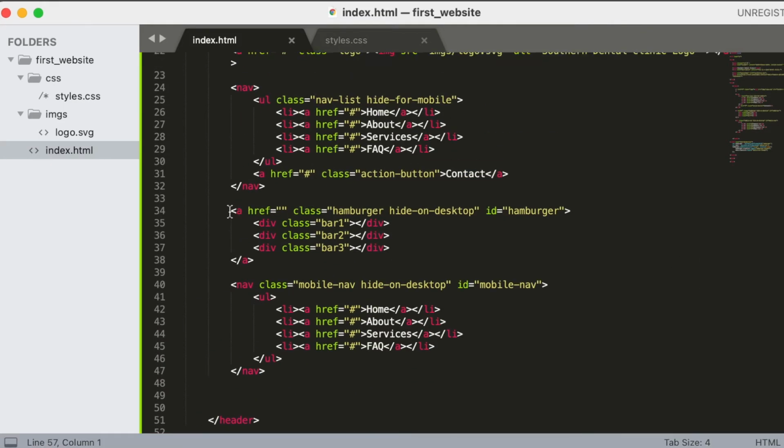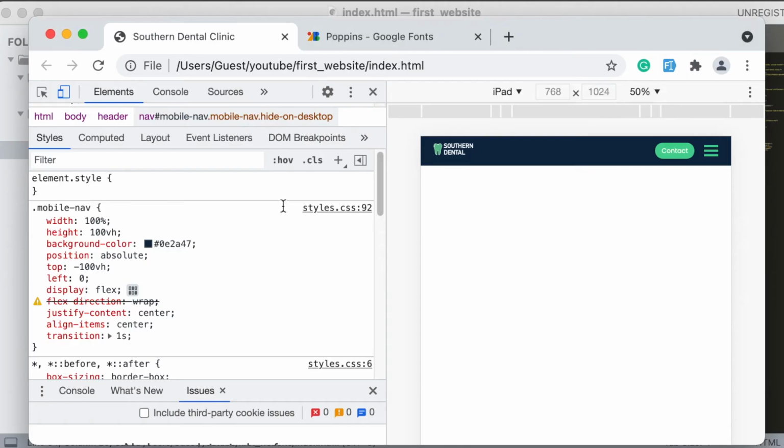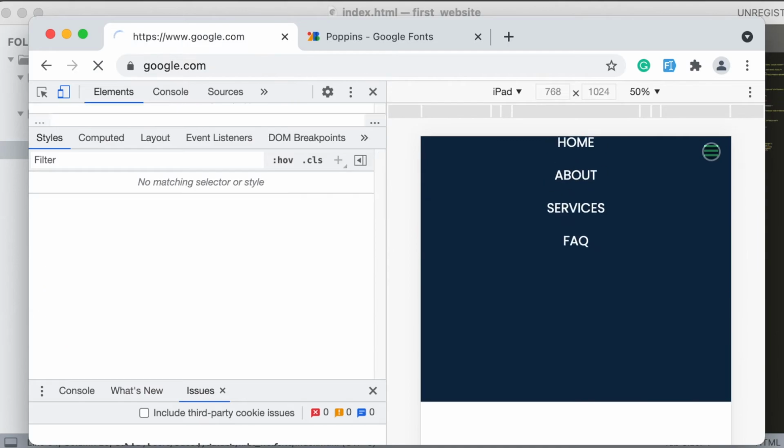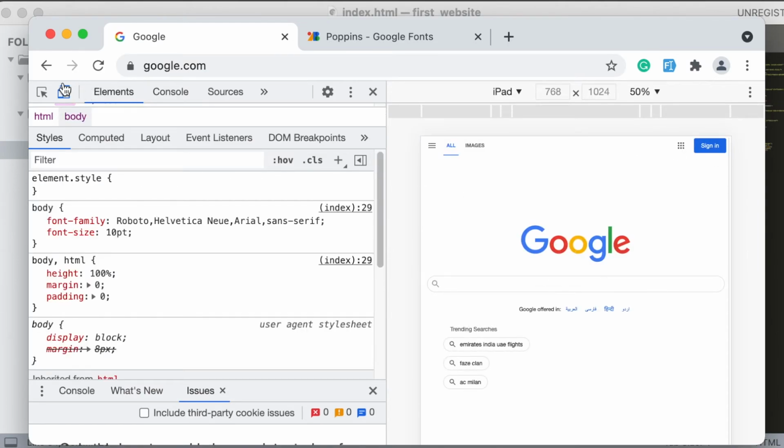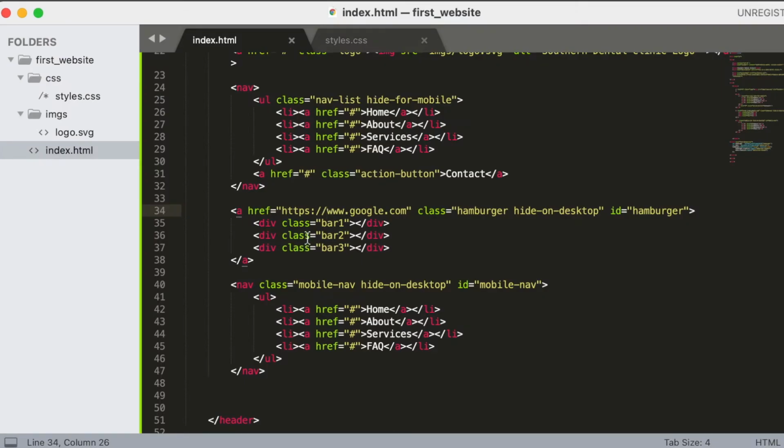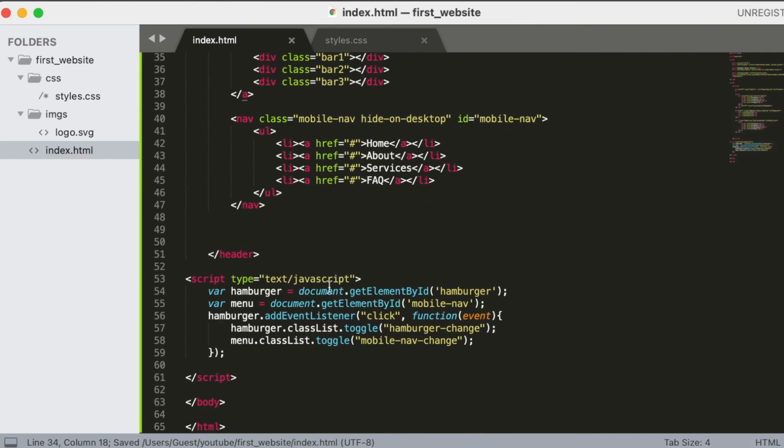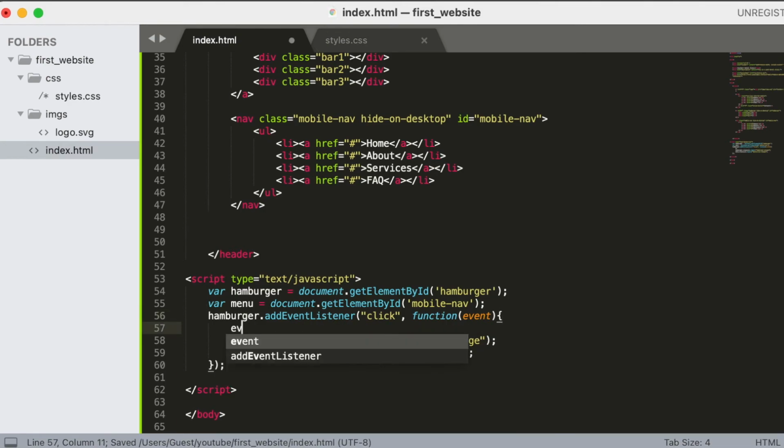Because this is an anchor tag. By default this is supposed to take you somewhere. For example, let's say it's supposed to take you to google.com, just for an example. See, by default it is supposed to take you to google.com. All right, I'm telling don't do that, don't do that. Perfect. So which is why here we have event dot